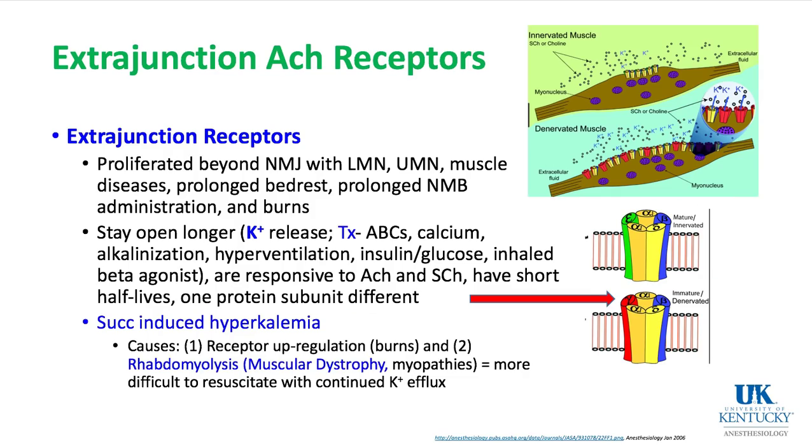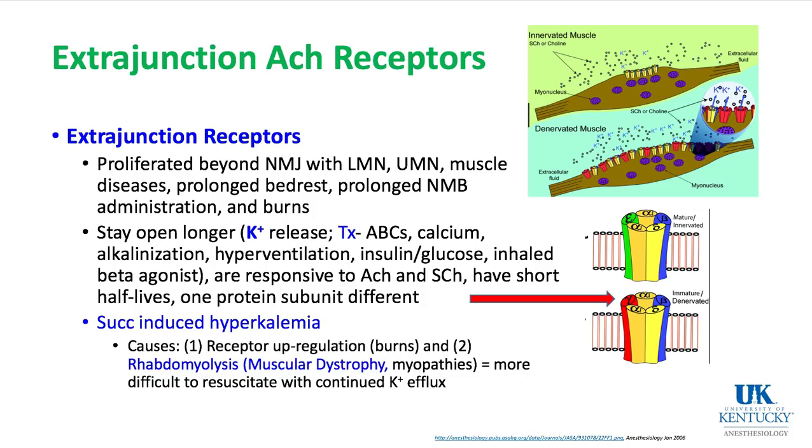Next topic is extrajunctional acetylcholine receptors. These receptors proliferate beyond just the neuromuscular junction and out onto muscle membranes in situations of upper and lower motor neuron diseases, muscle diseases, prolonged bed rest, administration of neuromuscular blocking agents for long periods of time, and burns. Now, these extrajunctional acetylcholine receptors, when they are activated, for example with succinylcholine administration,